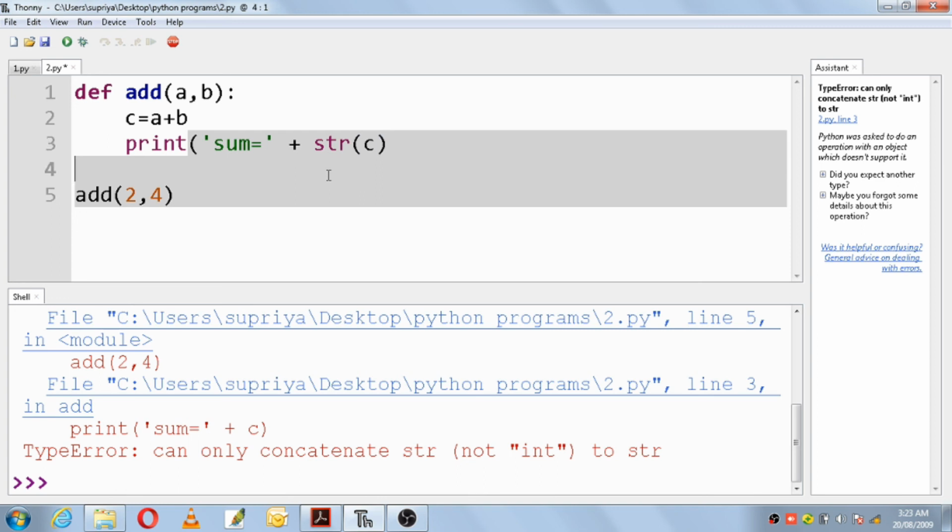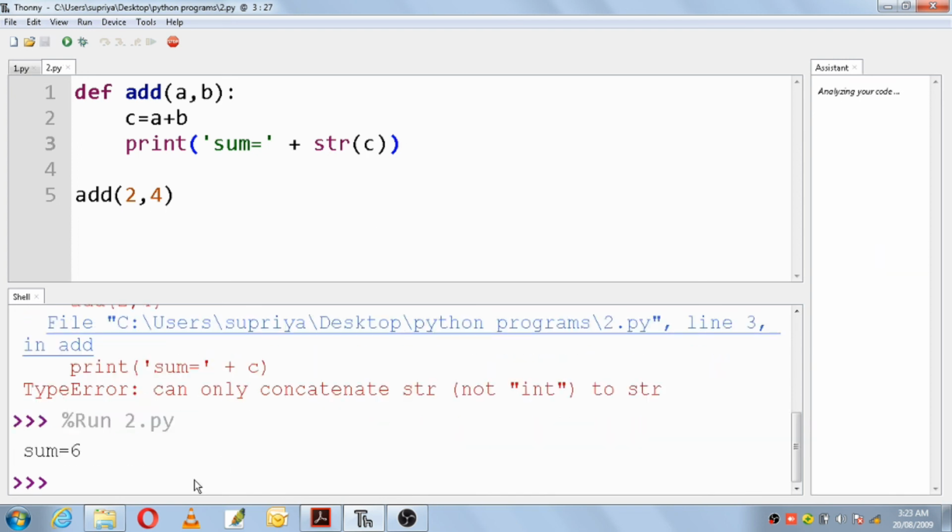By using the str function I've converted the int to a string. It will give an error if you directly concatenate a string with an integer, so I have converted the integer to a string value. So Control S, F5. Here you can see the output, sum is equals to 6.